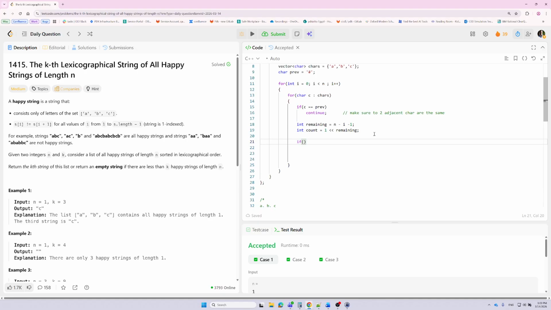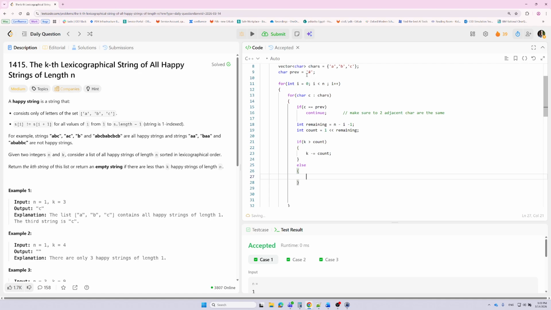And now I need to check if I ought to skip this group, or that means that this character is the one that I have to build our kth string upon. So if k is greater than count, that means that we can skip this whole group. So the new k will equal k minus equal count, else